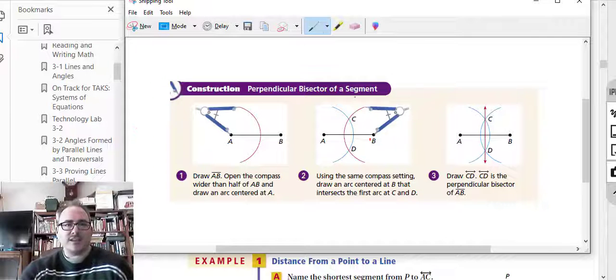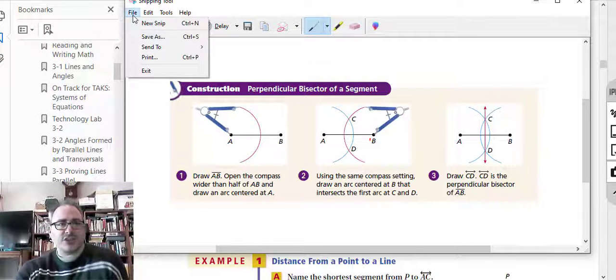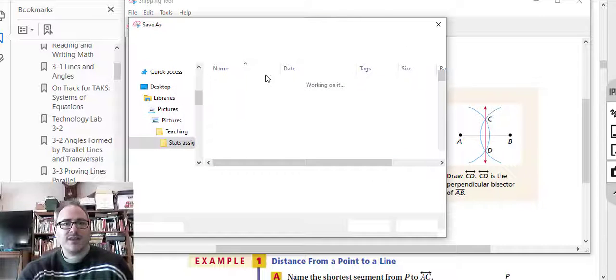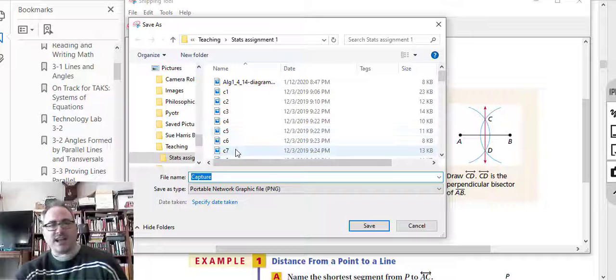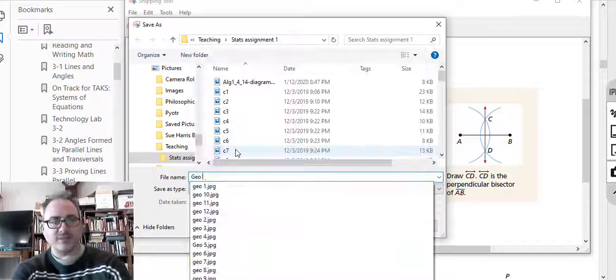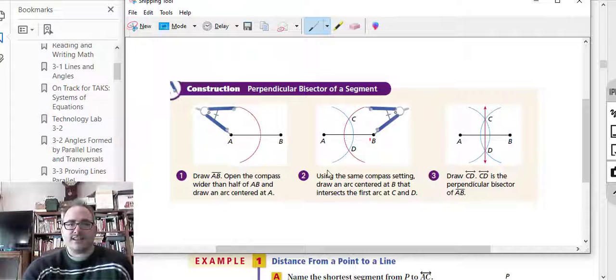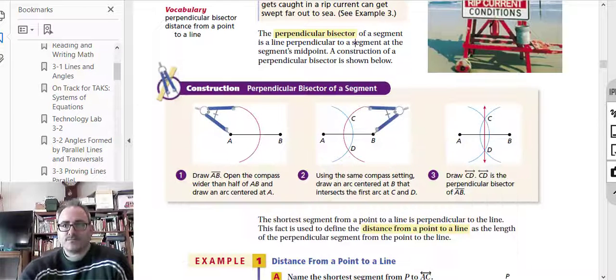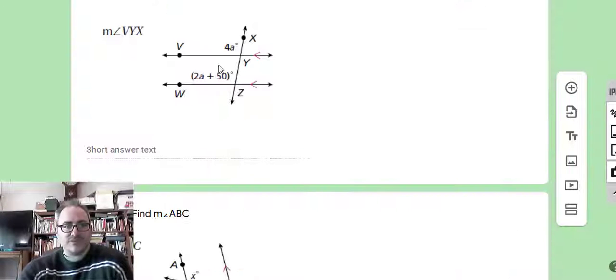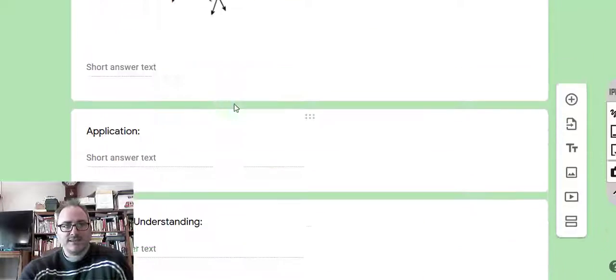I then want to save this picture. I have a special folder. I just happen to call it stats assignment, and I'm going to call it Geo1 again. It's going to ask me if I want to replace it, or maybe not. I don't know. Okay, so now, when I want to put this into my lesson, I'm going to click on the lesson,